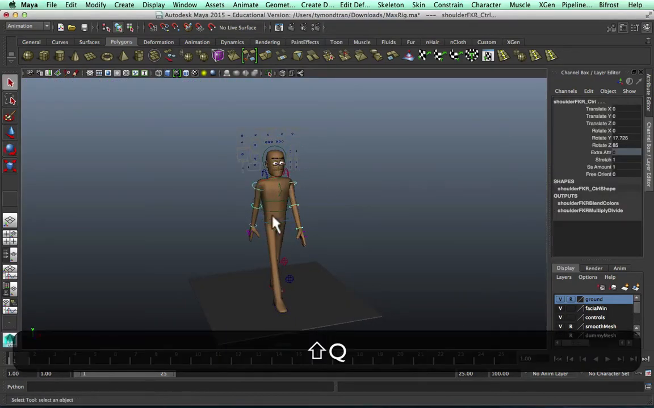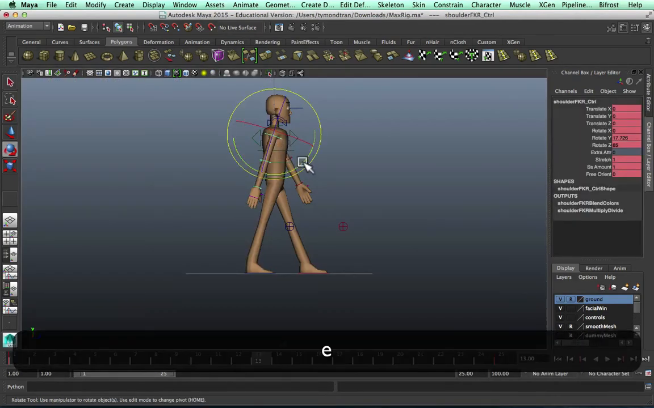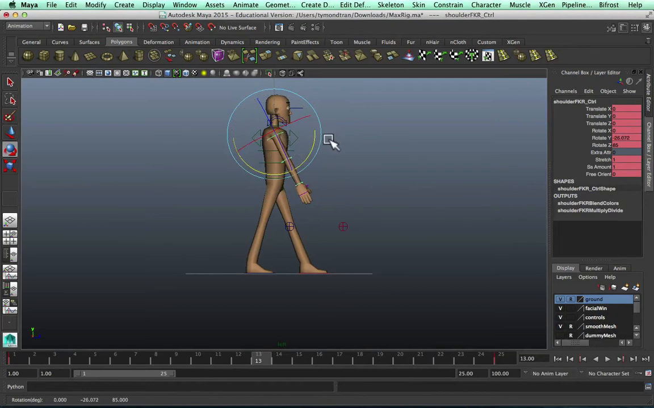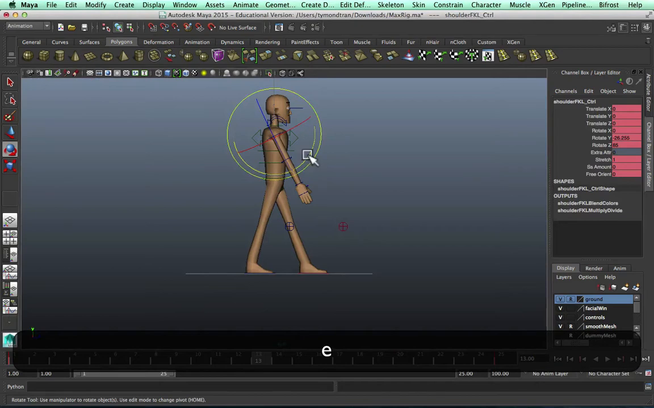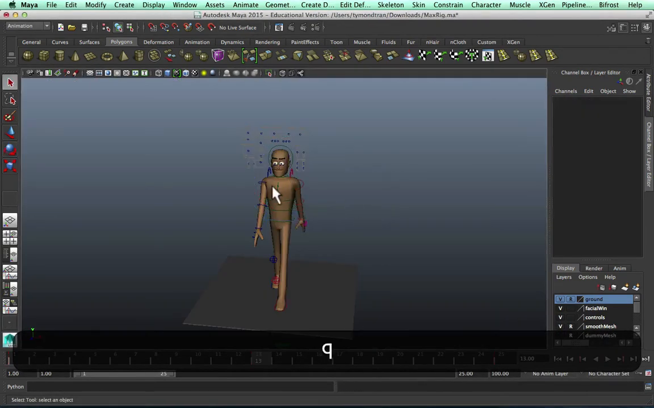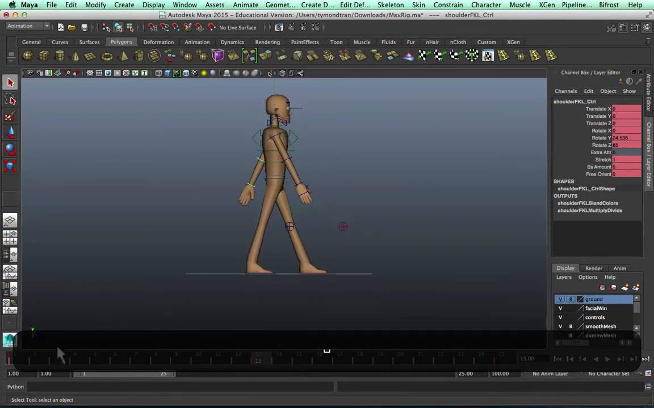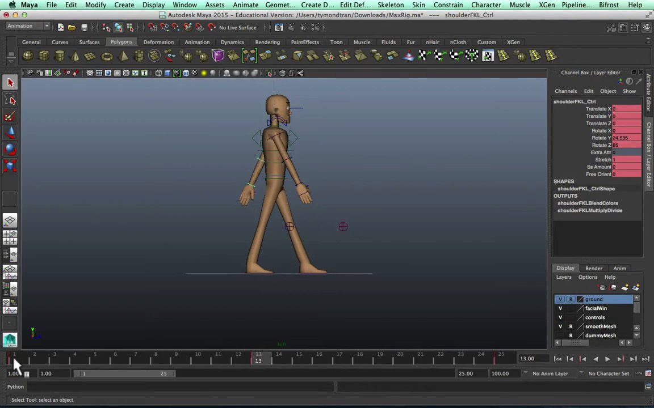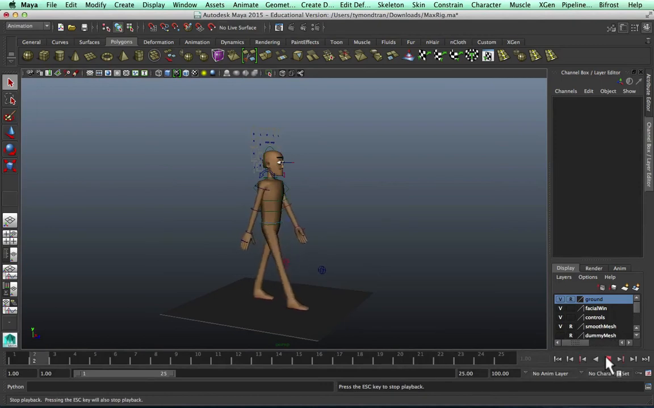So I'll select both the arms and set keys at the beginning and end. And in the middle, you guessed it, we just got to flip the script. And I have to select and set keys for both, right? I'm just going to check my poses to make sure that they match up nicely. They do. So if I watch it now, he's already walking and his arms are swinging,